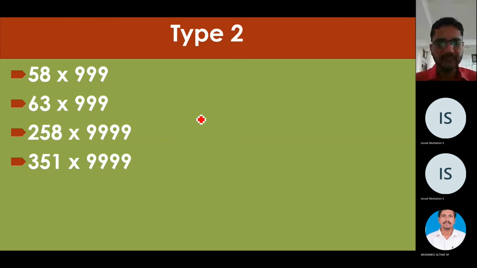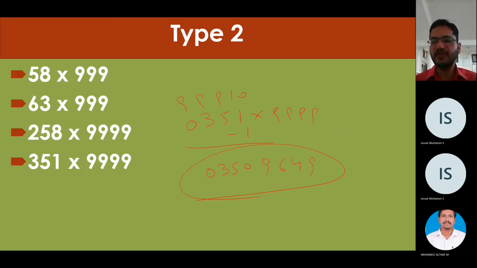And the last example is 351 with 4 nines. Again I will write 1 0 before this number. First of all I will subtract 1. 0350. Now its complement, 99910. 9649. So the answer is